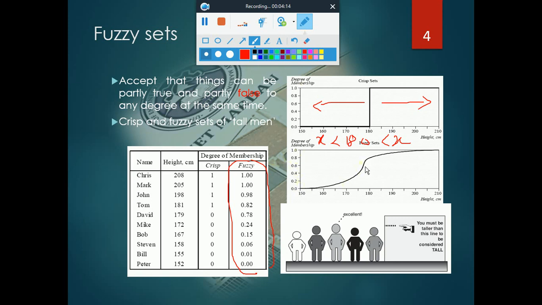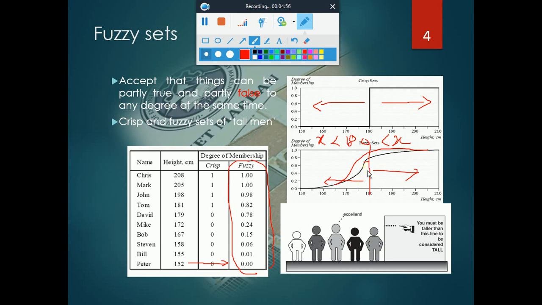For example, if we say that a person having 150 centimeters is short, and then it is gradually increasing, and after 180 centimeters we can say that the person has more height, and below 180 we divide that value